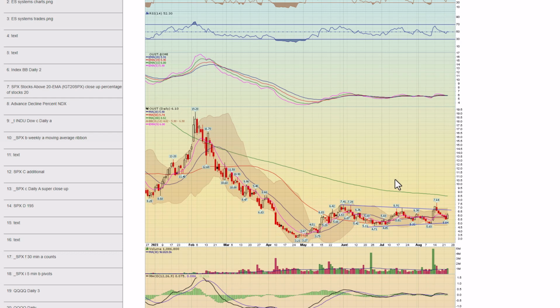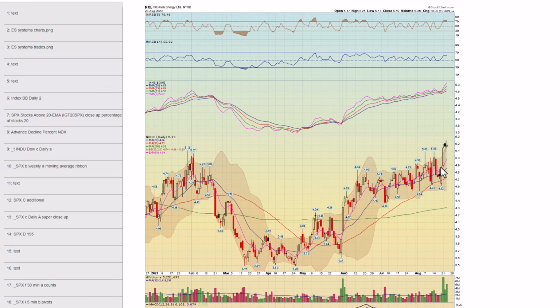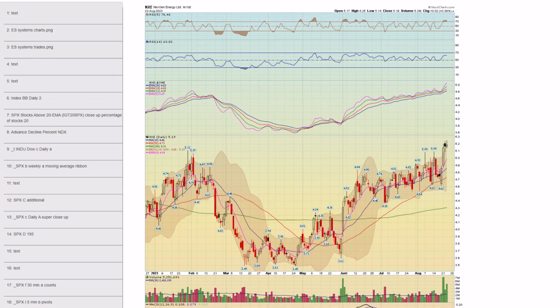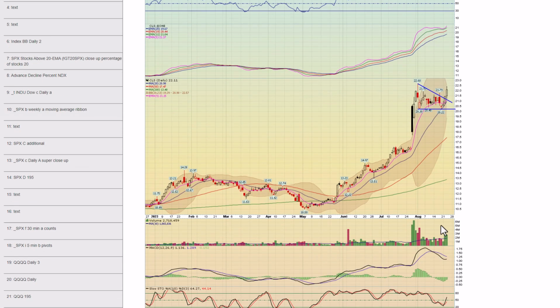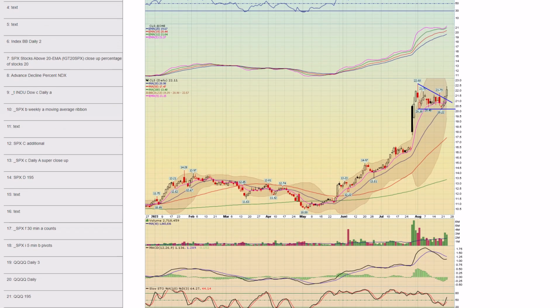Next, Chart 82, OUST. I said on Monday to watch this. It was light volume on the pullback to watch for it to bounce, and it did bounce a little bit today. Next, Chart 83, NXE, one from Monday. Still hanging in there, really good volume. Next, Chart 84, CLS was a long idea yesterday. Nice move, good volume, great follow through today on expanding volume.